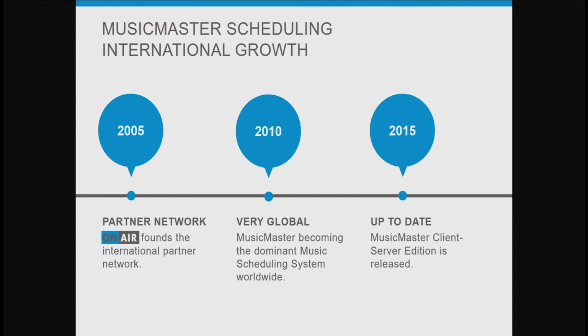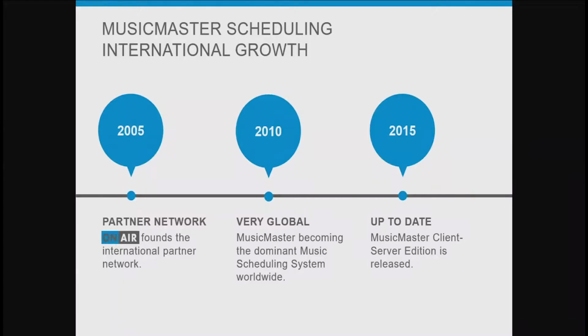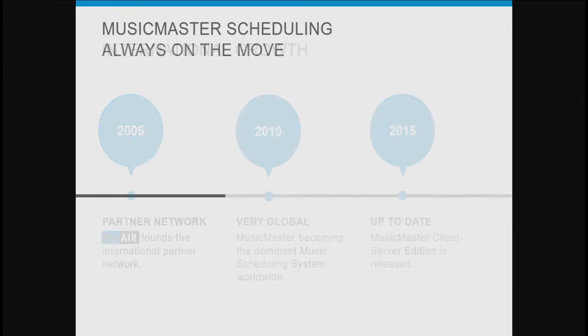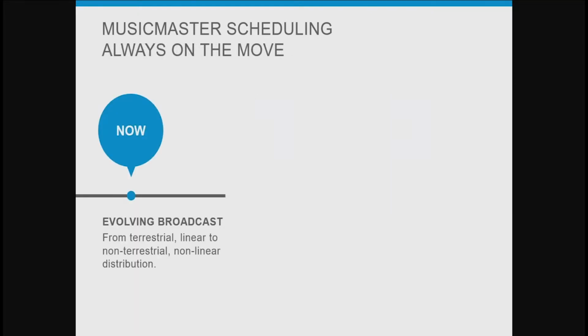And yes, there are limitations if you're on a file-based database, which is the most common use of our software. So in 2015, we decided to create a new product line, which is called MusicMaster CS. CS stands for client server, which is, very surprisingly, what it stands for. And this is what we're working on right now,